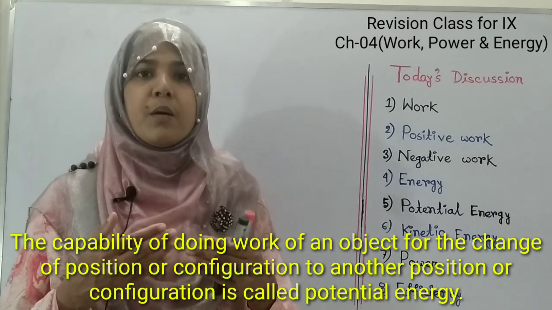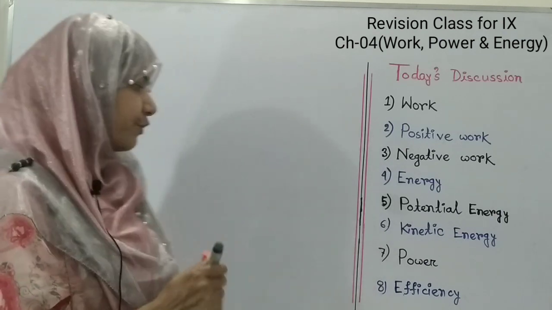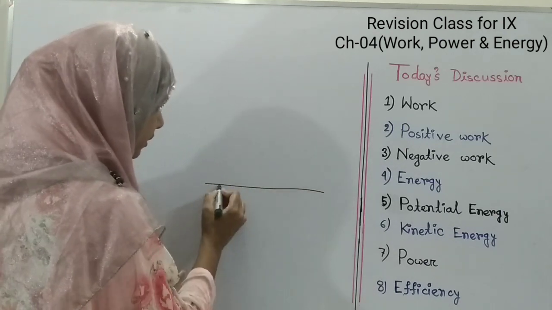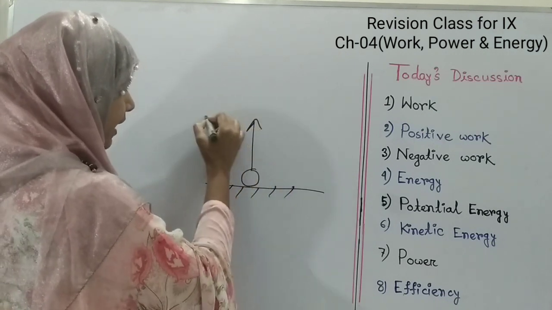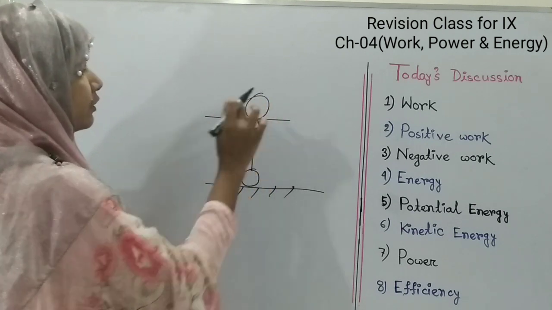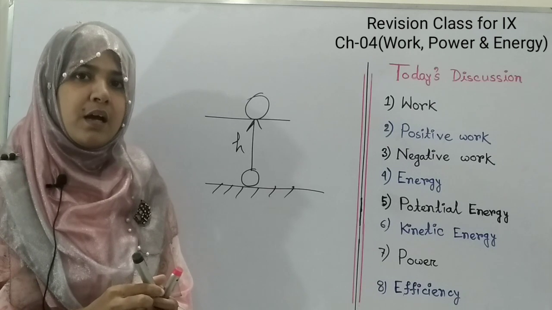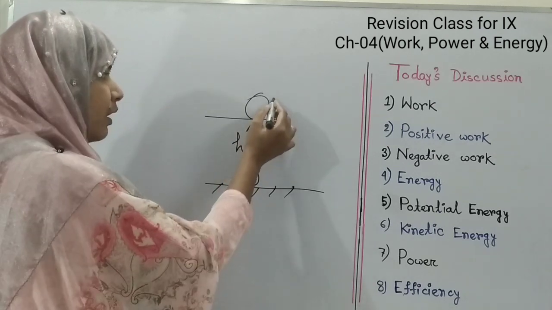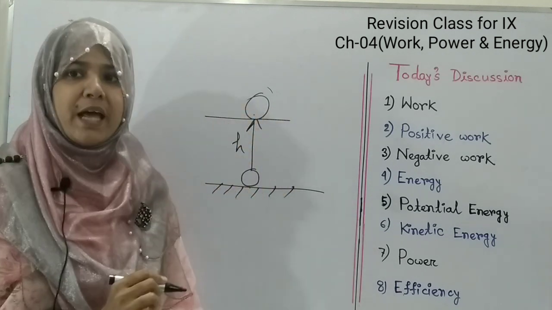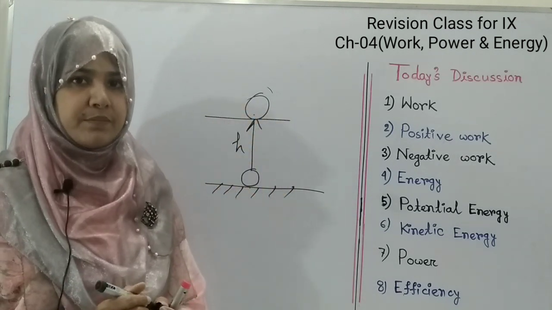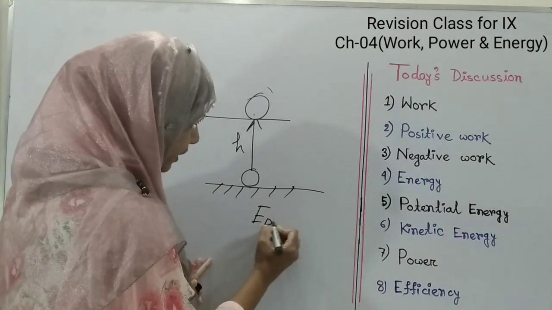Suppose you take an object from the ground to 8 meter height, then this object will gain the capability of doing work, and this capability which an object gained due to the change of its position is known as its potential energy, and potential energy is denoted by EP. So EP equals